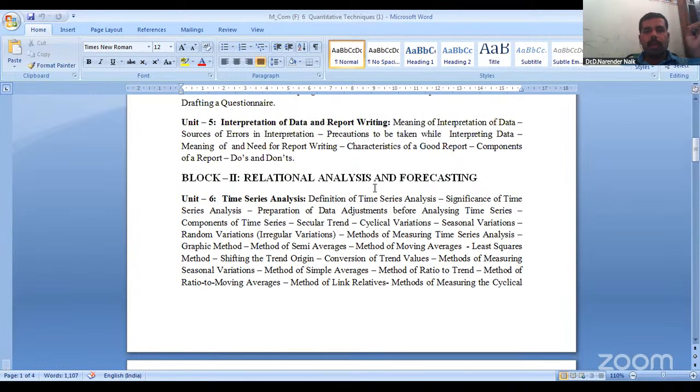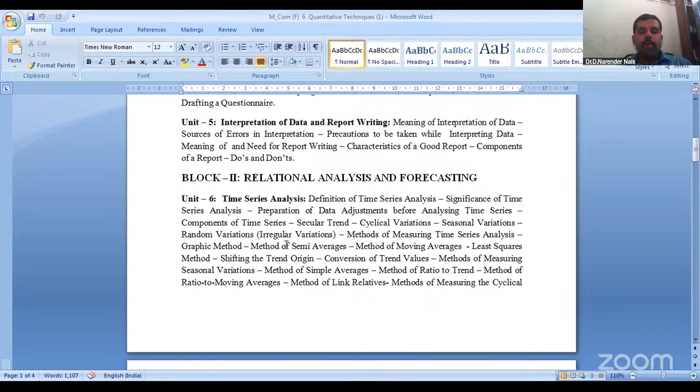So relational analysis and forecasting. Time series analysis, that is a definition of time series analysis, significance of time series analysis, preparation of data, adjustments before analyzing time series, components of time series, secular trend, cyclical variation, seasonal variation, random variation, methods of measuring time series analysis, graphic method, method of semi-averages, method of moving averages, least square methods, shifting the trend origin, conversion of